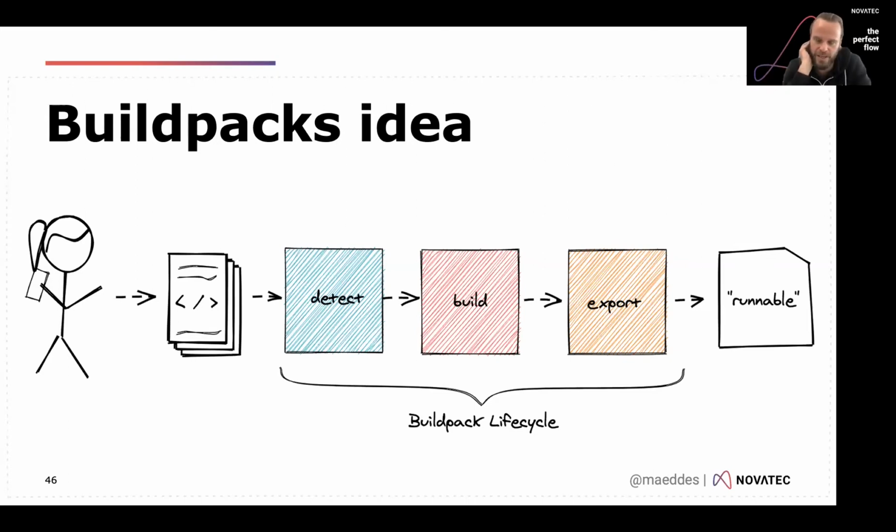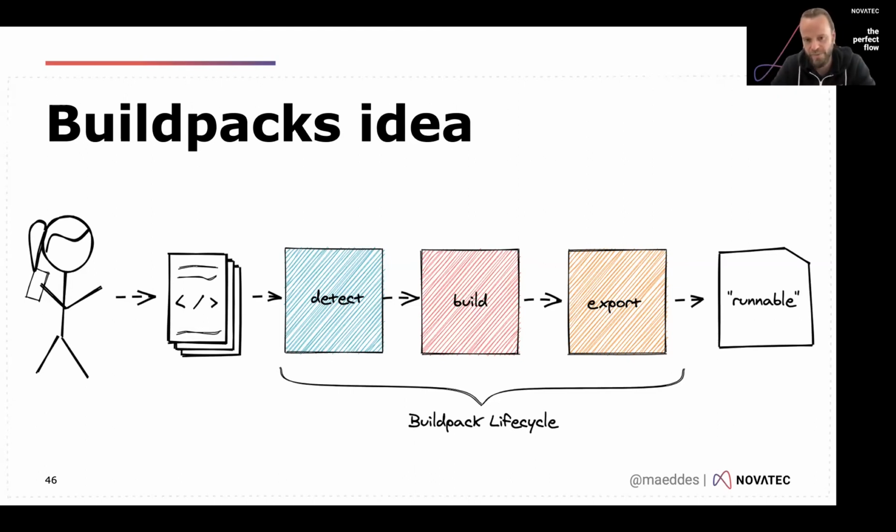where developers could just pass their code, and then the platform would detect what kind of code that is, build the code into a runnable artifact, and export it as something executable there. Today we would probably call this runnable a container. At the time, it wasn't called like that. It was basically something hidden from the developer anyway, because it was under the curtain of